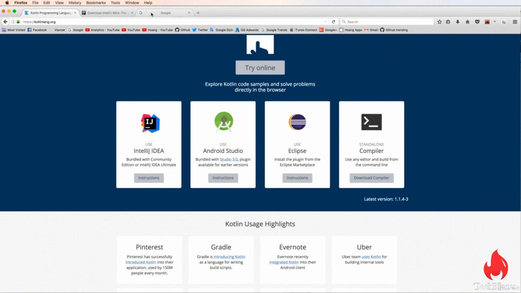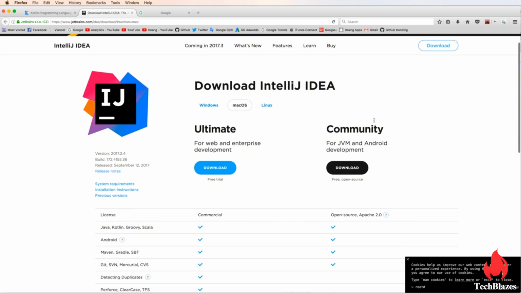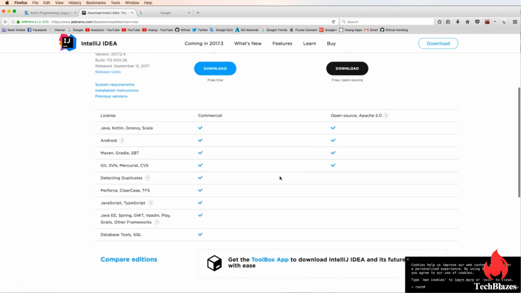Very easy with the user interface. The IntelliJ IDE has a community version and an ultimate version, but I encourage you to use the ultimate version with multiple